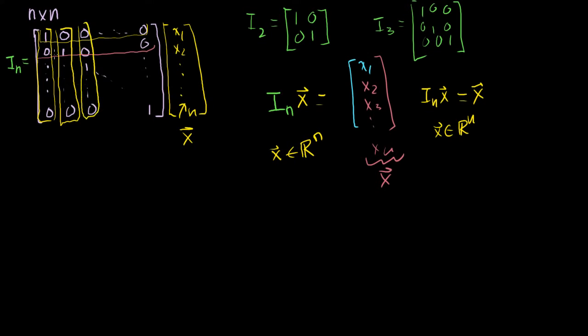If we call this first column E1, and this second column E2, and the third column E3, and we go all the way to En. These column vectors, the set of E1, E2, all the way to En, is called the standard basis